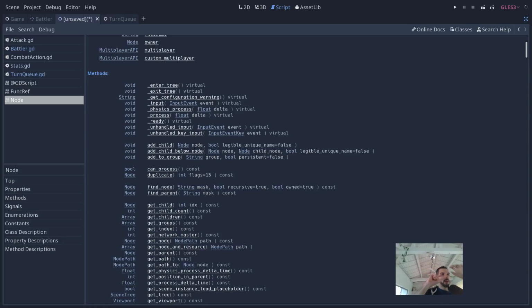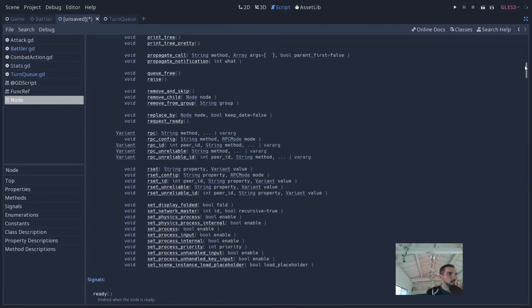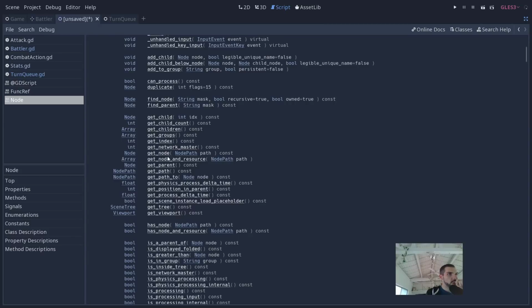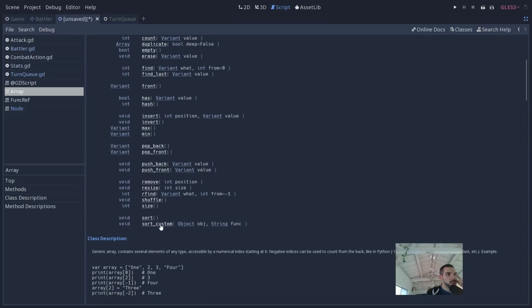Now the only problem is ordering the nodes in the tree based on a stat. And do we have some kind of sort function there? I think if you do get children, it returns an array. An array has a sort method. So I could sort or sort custom. So I get each node in the array and I use a function to order them. If you sort the get children